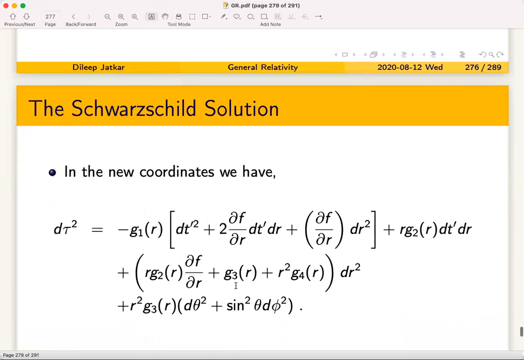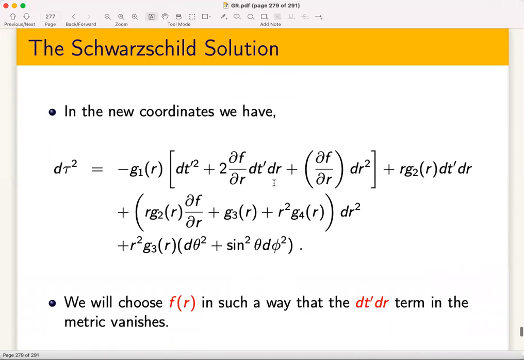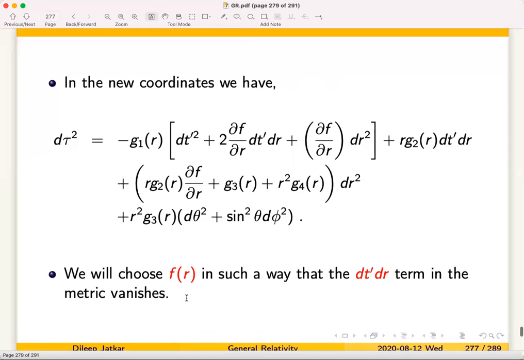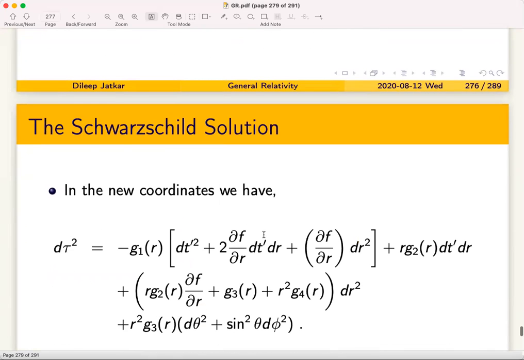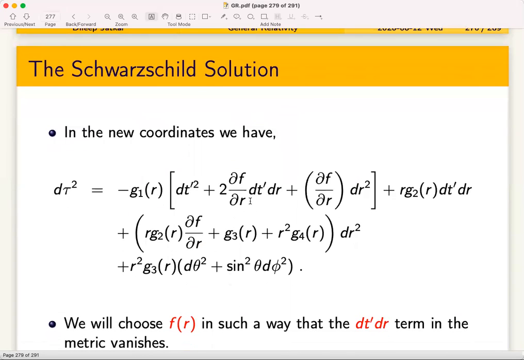Okay, and if you plug that in, you get terms which involve dt prime by dr pieces in both places, and then you get a dr squared piece, the whole thing coming from dr squared. And all you need to do is set the off diagonal piece to 0 to determine what this function should be. So it tells us that we should look for 2 times df by dr times g1 equal to r times g2. If you set that equation and solve it, it will tell you what the coordinate transformation should be, which should get rid of the off diagonal piece. Once you do that, you have a metric which is not only spherically symmetric but